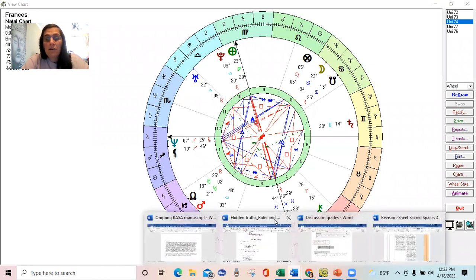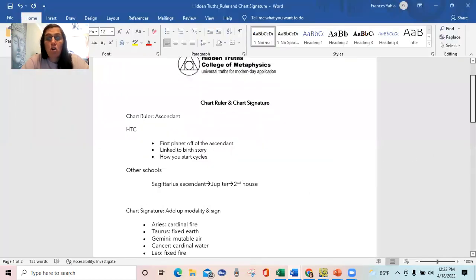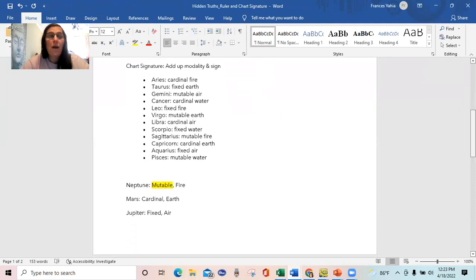So the next thing that I want to talk to you about is what is called the chart signature. So a couple of weeks ago, we talked about modality and sign, the crosses and the elements. And it's super important that for specifically level 2, you learn the 3 crosses in and out, all the signs. And what we're going to do is a chart signature so that you can understand your own lens and how you see the world and how others see the world,